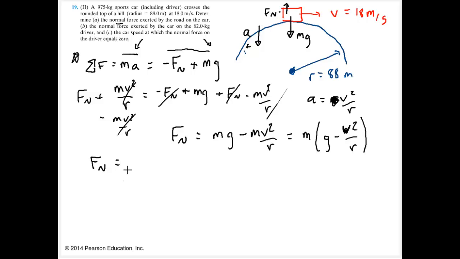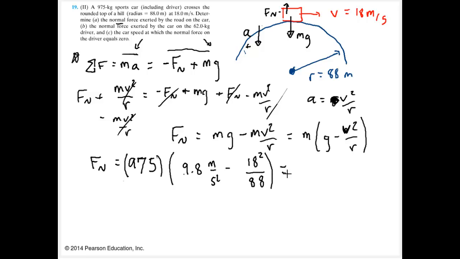The mass of the car is 975 kilograms, gravity is 9.8 meters per second squared, the velocity of the car is 18 meters per second, and I'm going to square that, and then the radius of my curve. At the end of the day I'm going to end up with 5970 newtons as the normal force on the car